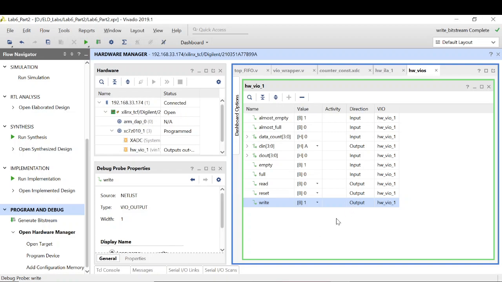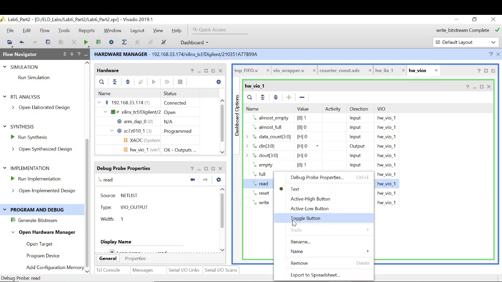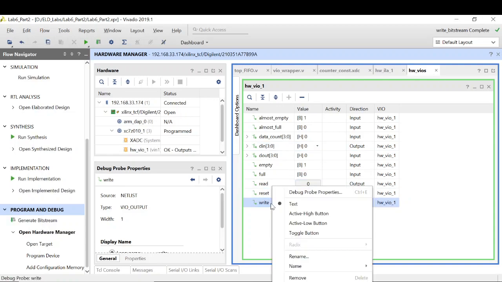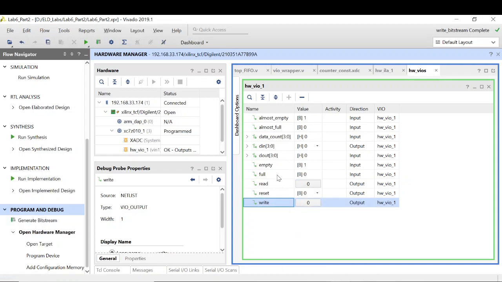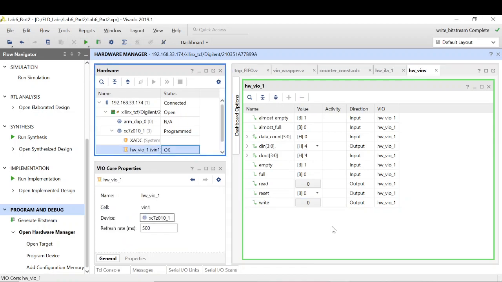Alright, now let's see how it works. First of all, I need to convert them into toggle buttons. Delete, right, and yeah, the rest of the things are fine. Okay, so now let's see how it works.